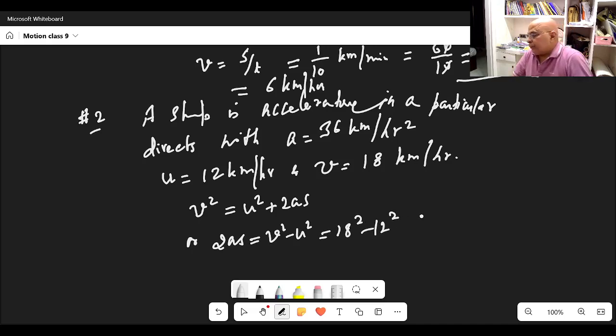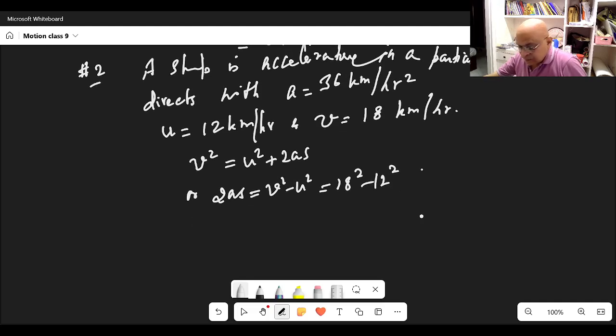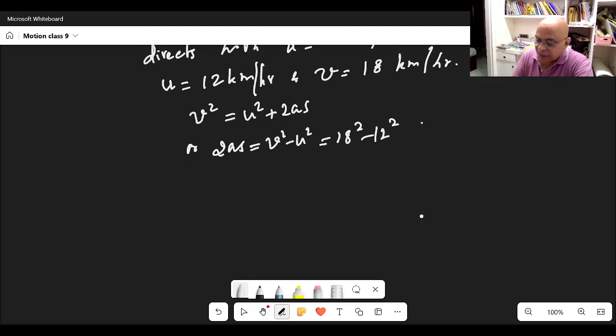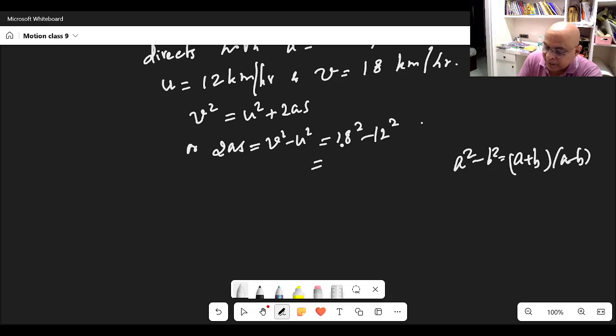We can square and subtract, but it will be better to use the formula a square minus b square is equal to a plus b into a minus b. It will be easy to calculate. So here 18 plus 12 and 18 minus 12,